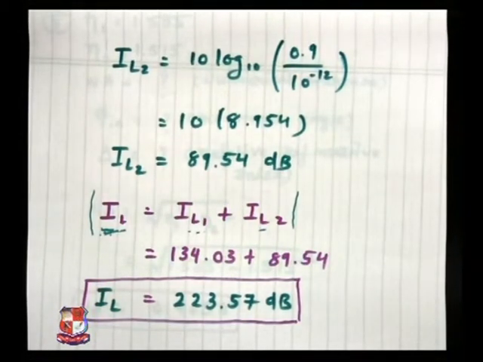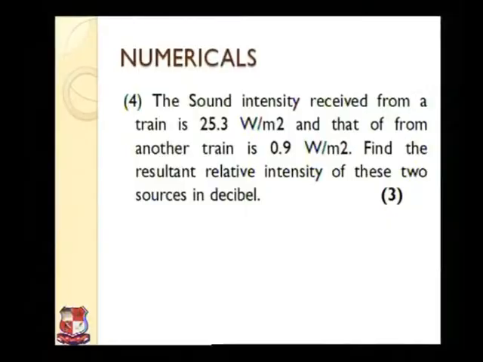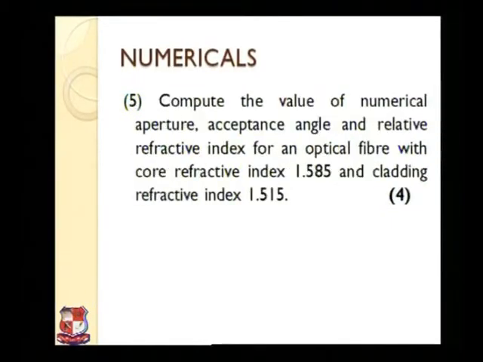So in this manner we have calculated the sum of intensity level, which is normally asked in 3 to 4 marks. In last January 2013, this numerical was asked for 3 marks. So you can gain this 3 marks easily while calculating this sum. Let us go towards next sum, next numerical. Numerical number 5.